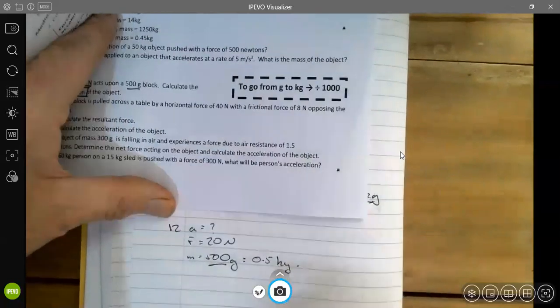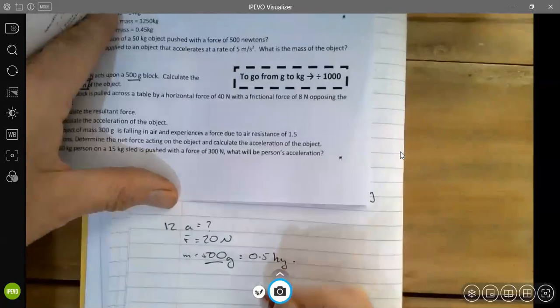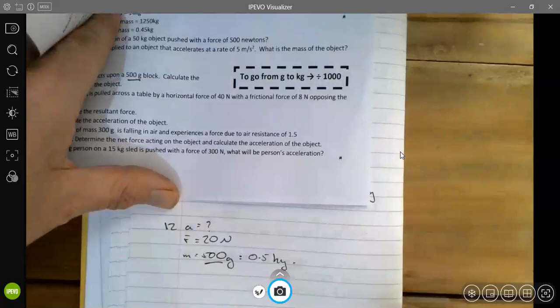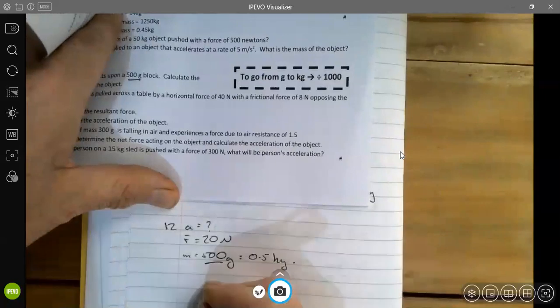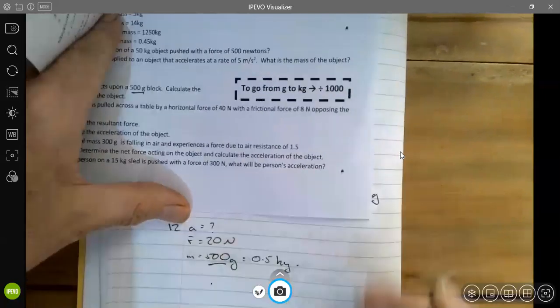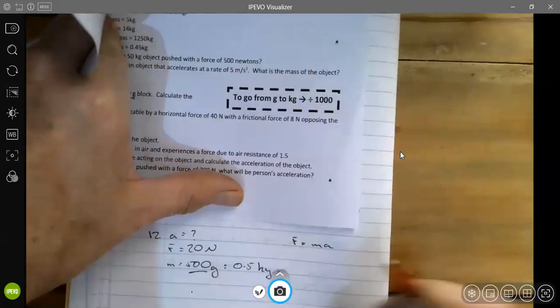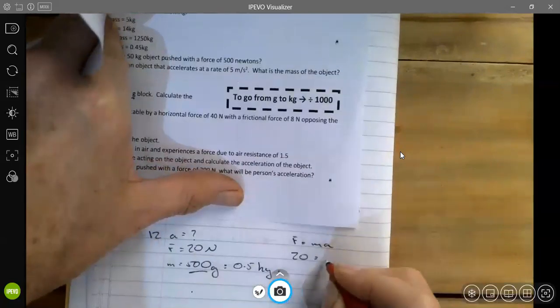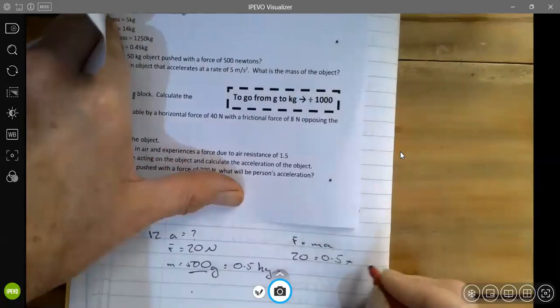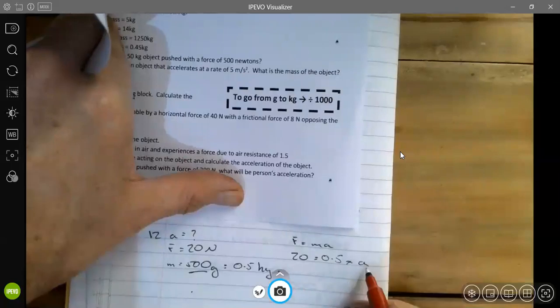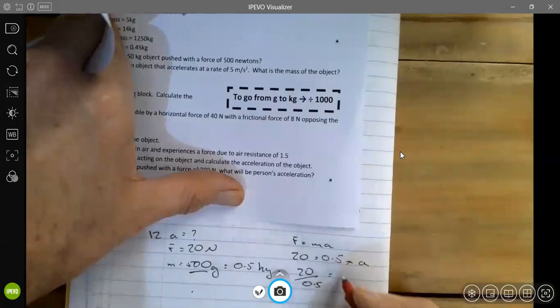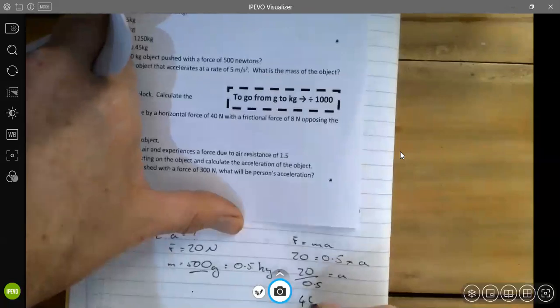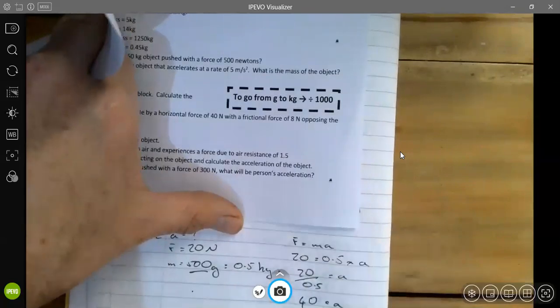A common mistake, it's often overlooked in exam questions, is that you see 500 and just multiply it by 500, but you need to divide it by 1,000 to get it in kilograms. So now we've got the formula. F is equal to MA. Now we insert: 20 is equal to 0.5 times A. I want to make A the subject, so I divide through by 0.5. So I've got 20 divided by 0.5 is equal to A. So 20 divided by 0.5 is equal to 40. So A is equal to 40 meters